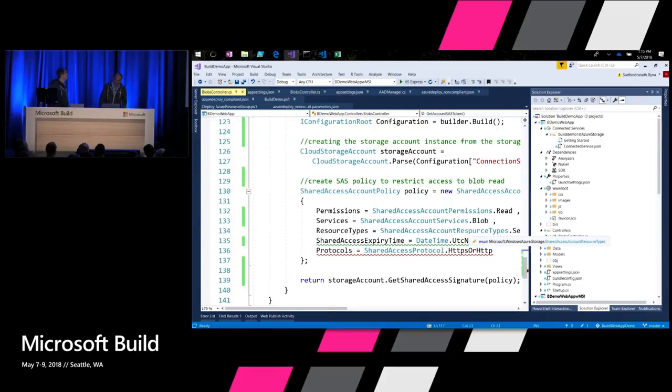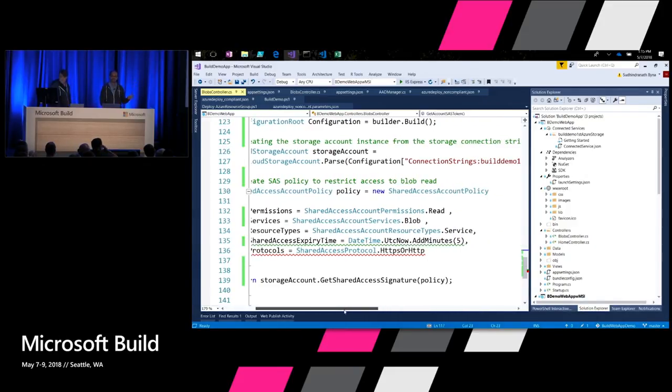Pretty simple, not too fancy. I just have a policy there with just read on blob, and I'm saying to give the expiry time for just 5 minutes, so that people can download and it expires automatically after 5 minutes. But if you notice, there are some interesting things being flagged by IntelliSense, right? There are some red and green there. If I hover on that, I don't know whether you can read it from the back, but it actually tells me this option is not secure.